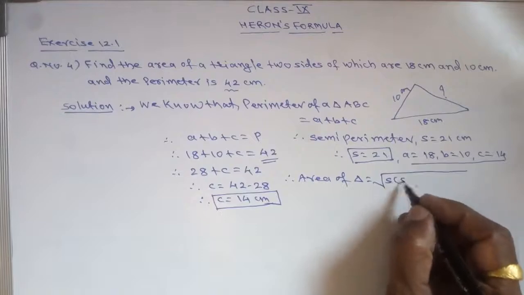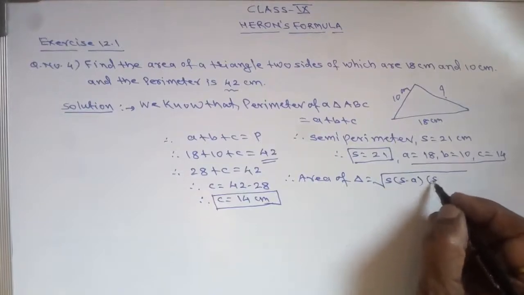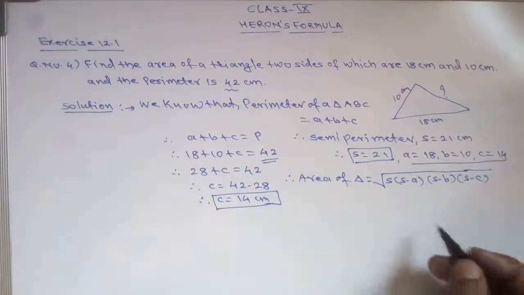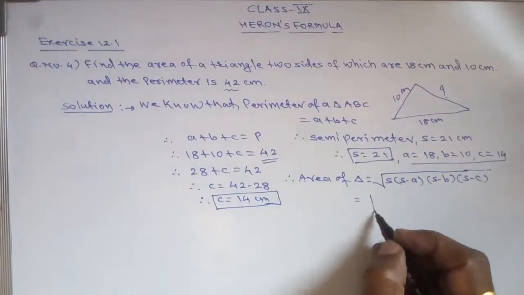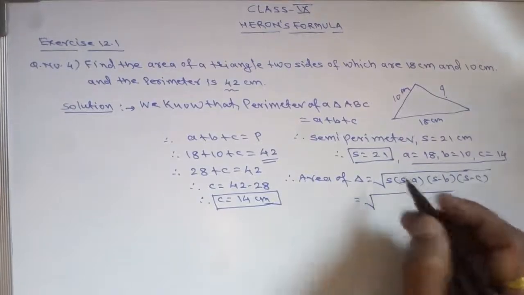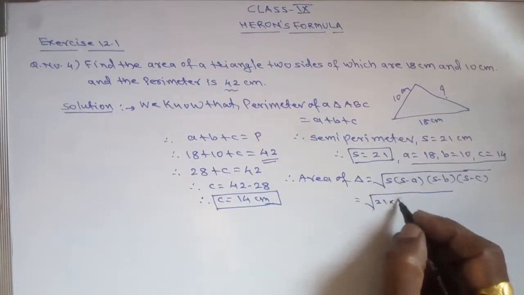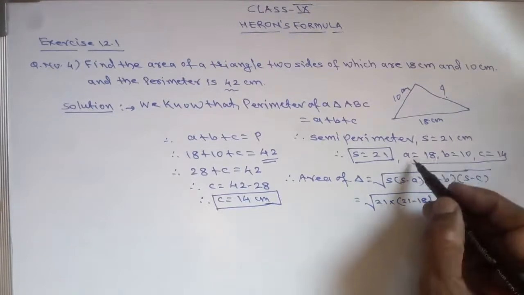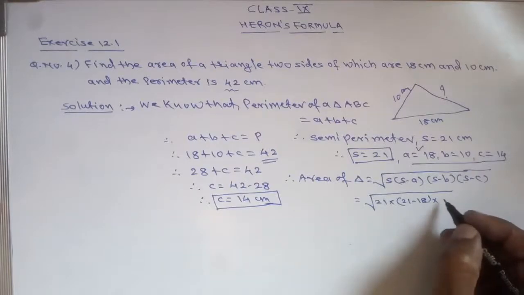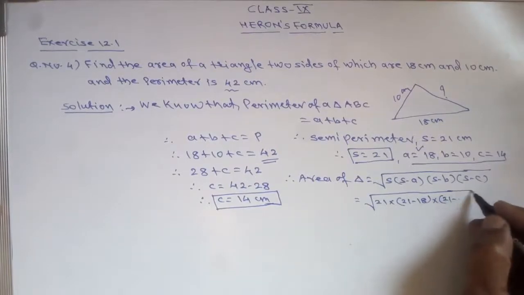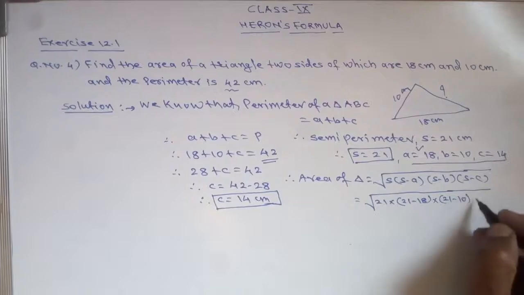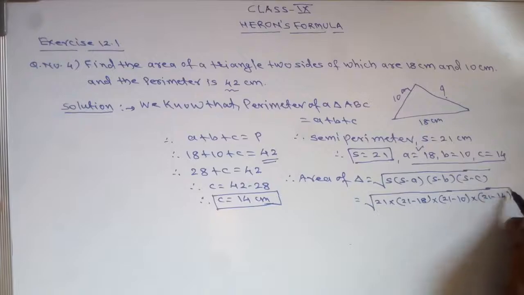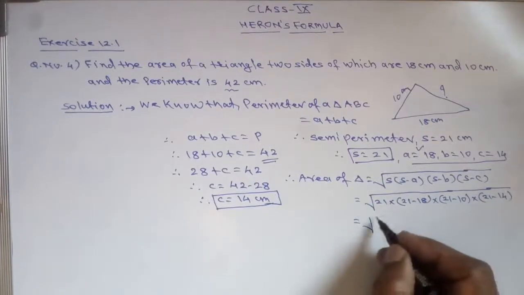Under root S into bracket S minus A into S minus B into S minus C. Okay, so this is equal to, what is S? S is 21. 21 into S minus A, 21 minus 18. A is 18. Into 21 minus what is B? B is 10, into 21 minus what is C? C is 14. So this is equal to 21